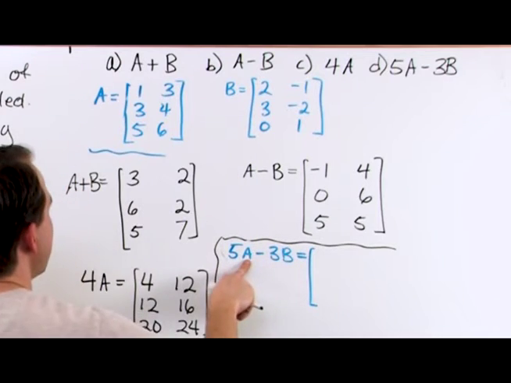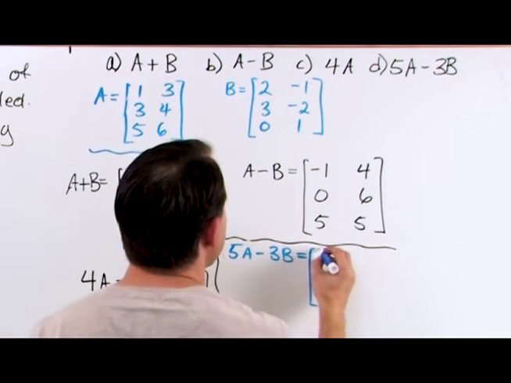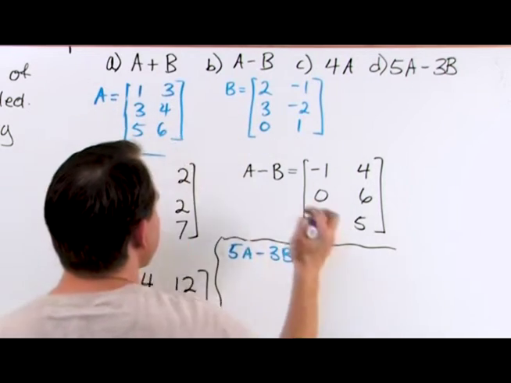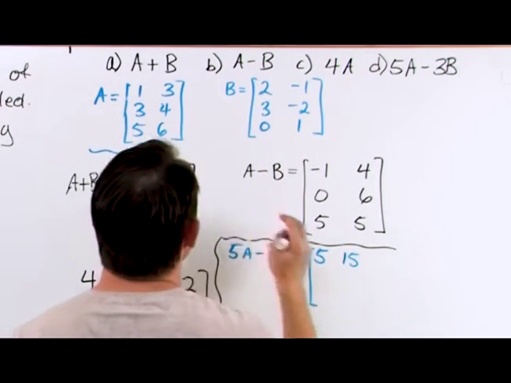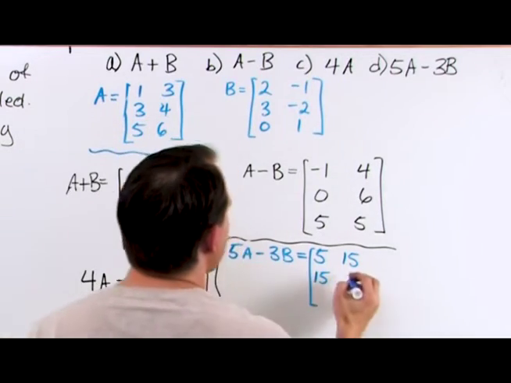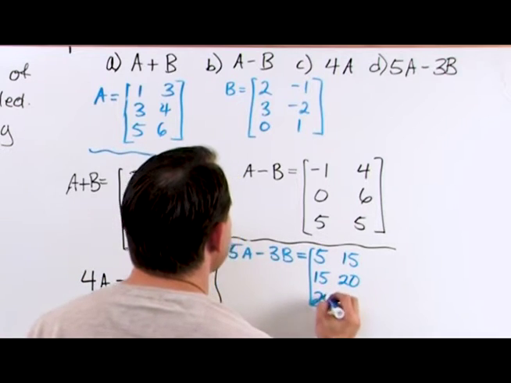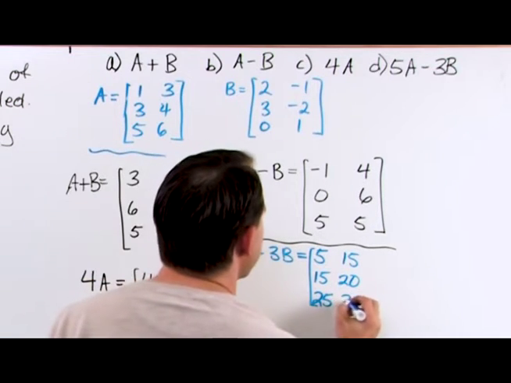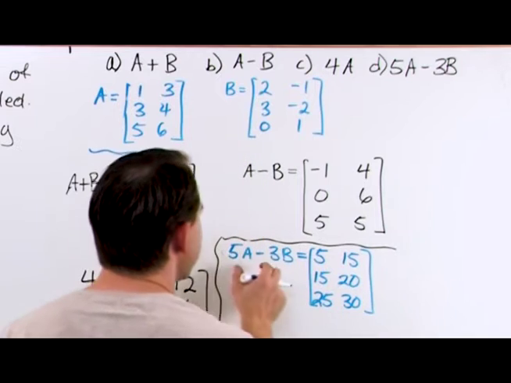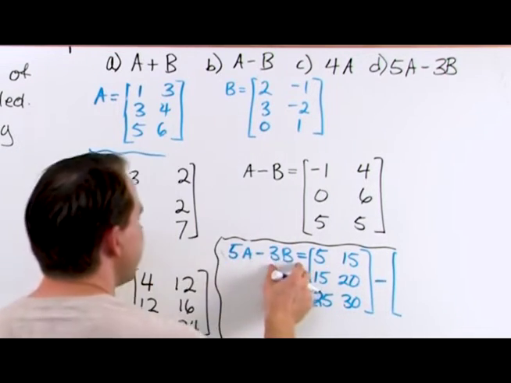Okay, 5 times a. Every element gets multiplied by 5. 5 times 1 gives me 5. 5 times 3 gives me 15. 5 times 3 gives me 15. 5 times 4 gives me 20. 5 times 5 gives me 25. 5 times 6 gives me 30. That is 5a. And I subtract from it a new matrix over here, which is going to be 3 times